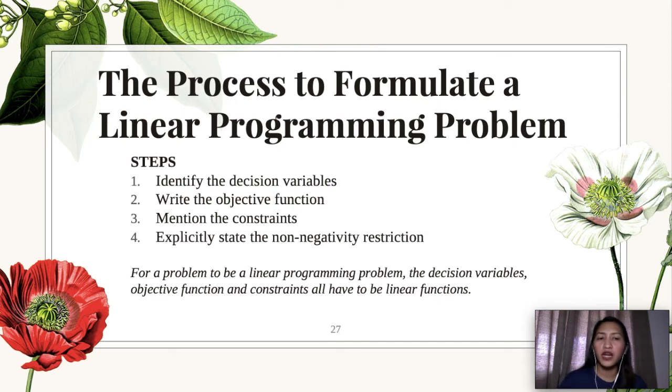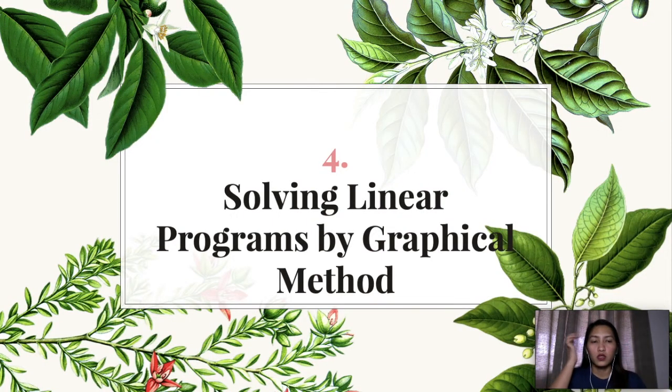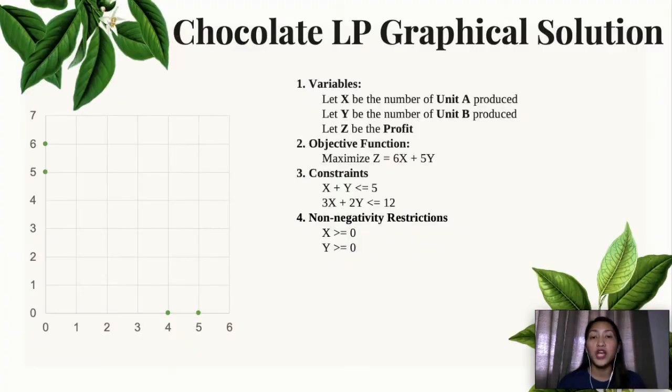So, sa linear programming, yung ating decision variables, yung ating objective function, at constraints natin ay kailangan sila ay maging linear functions. So, makikita natin yon sa ating graphical method. How to solve linear programs by graphical method. Here's how you do it. So, una, sundin mo muna yung mga process na nabanggit ko kanina. So, isulat mo yung variable, i-determine mo yung objective function, isulat mo yung constraints, at yung non-negativity restriction, and then